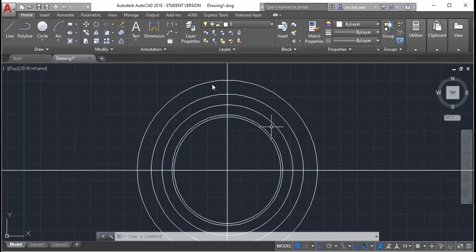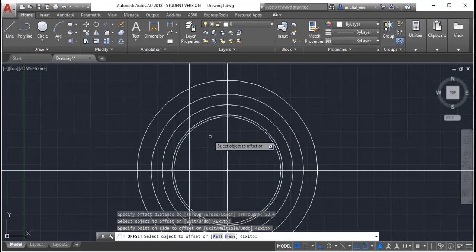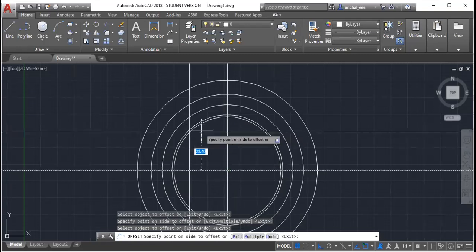So it is 56.8. 56.8 divided by 2 is 28.4. So I will take the offset at a distance of 28.4, from the core from here to here and then from here to upside.